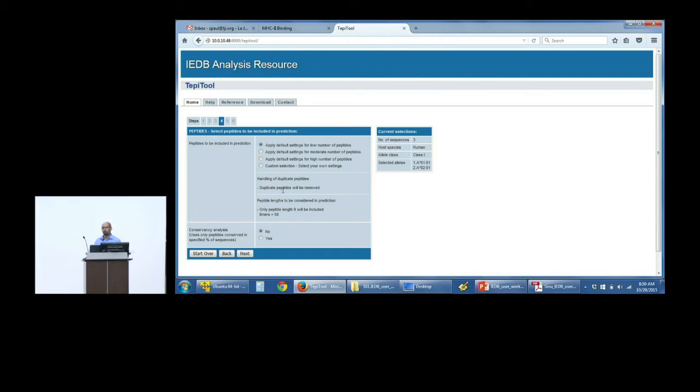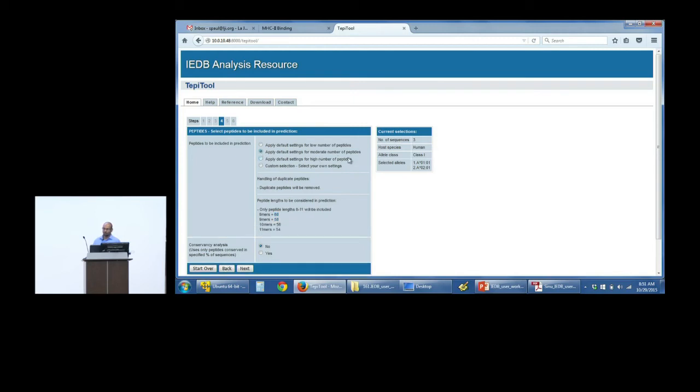If you have multiple sequences and the same duplicate peptides are repeated, these duplicate peptides will be automatically removed, and only peptides of length 9 will be included here. And this shows how many 9mers are included in your sequences. And if you want a little bit more peptides, you just select the moderate number of peptides, which automatically selects 8mers, 9mers, 10mers, and 11mers. And if you want more, it selects all the lengths from 8 to 14,